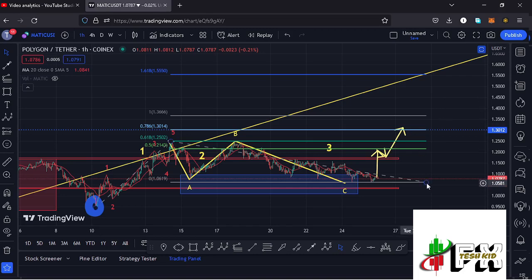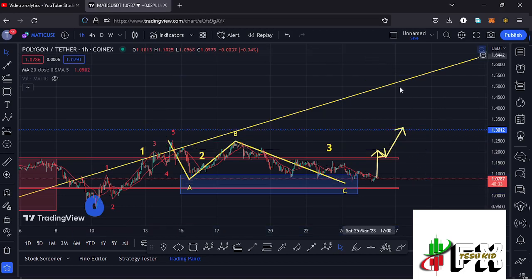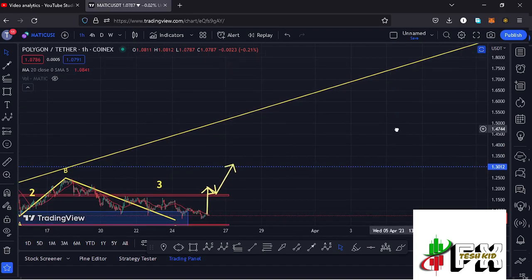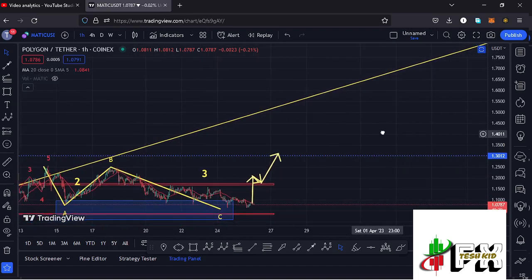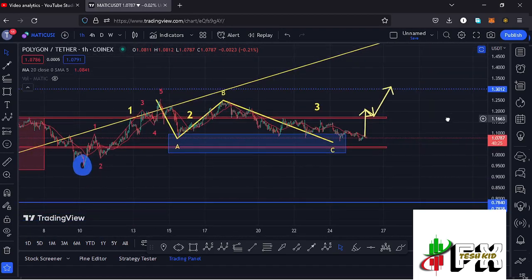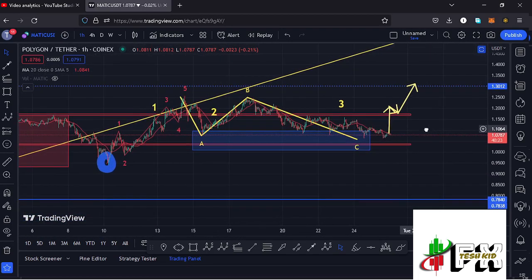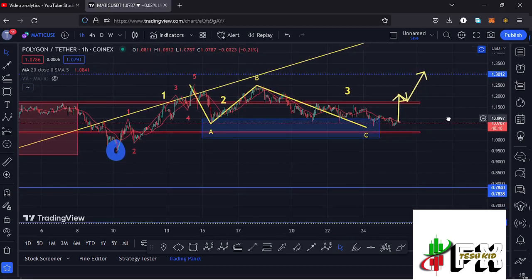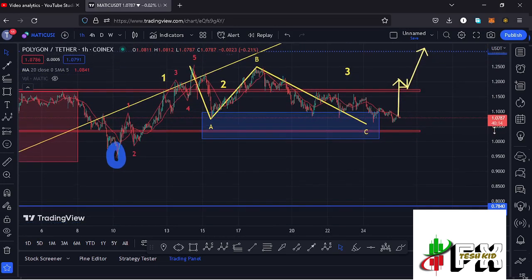That is the minimum that we can expect Polygon Matic to do in the formation of that wave 3 before we can expect a wave 4, then continue pushing even higher in the formation of that wave 5 to fully maximize our larger Elliot wave count 3 to the upper side. And the reason I'm saying that, remember these are fractal waves within the formation of that larger Elliot wave count 3. We also need to have a worst case scenario that can play out